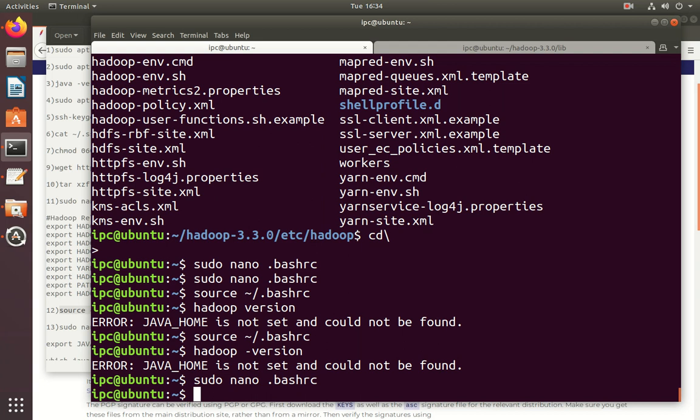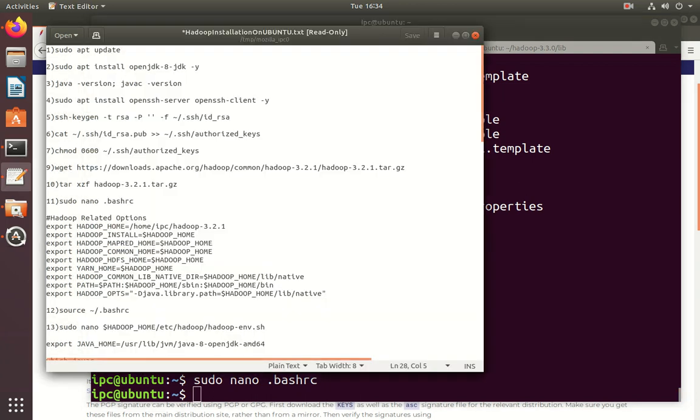When setting up a single node cluster, you need to define which Java implementation is to be utilized. Use the previously created home path variable to access the Hadoop environment file hadoop-env.sh. Use this command.